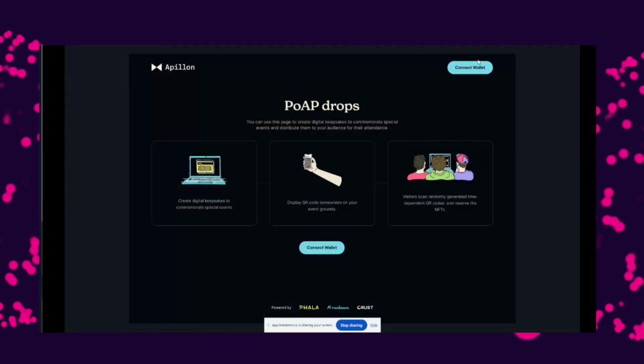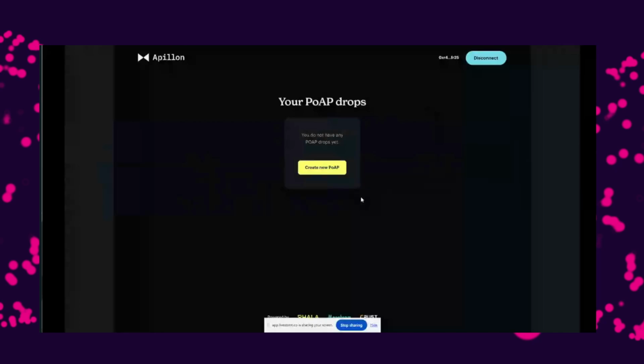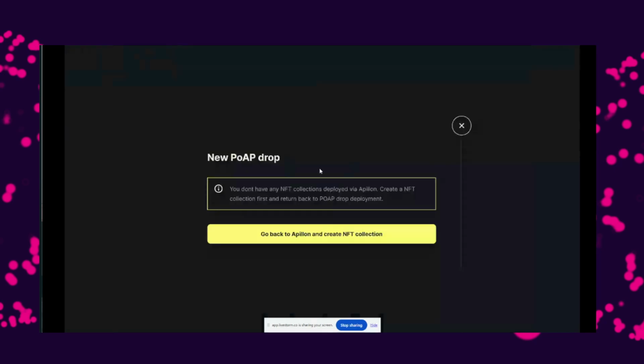So you would have to predefine who is the admin of this simplet, which wallet essentially is the admin, not the person, but the wallet. And if the correct wallet is connected, you come into this UI. So you basically click, okay, I want to create a new proof of attendance.